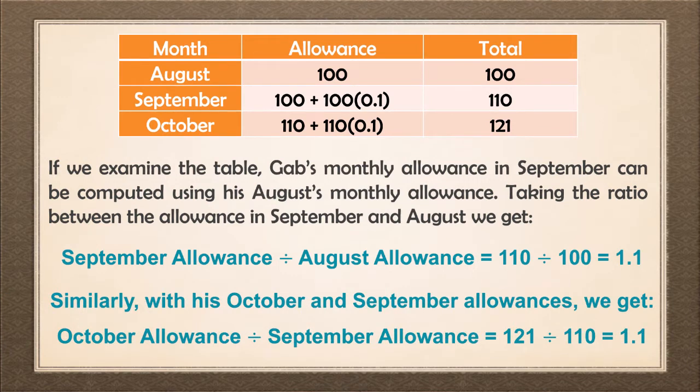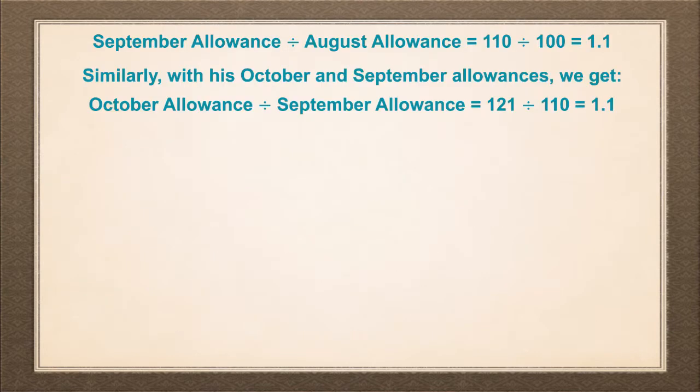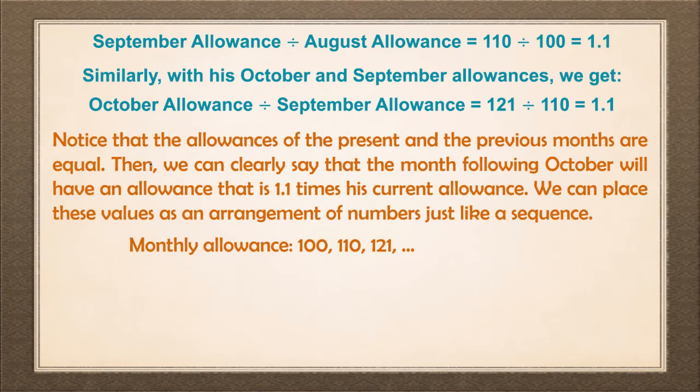Similarly, with his October and September allowances, we get October allowance divided by September allowance, that will be equal to 121 divided by 110, which is also equal to 1.1. Now notice that the ratios of the present and the previous months' allowances are equal. Then we can clearly say that the month following October will have an allowance that is 1.1 times his current